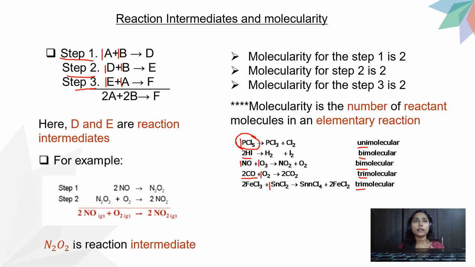Reaction intermediates and molecularity. I again repeat, intermediates are the components which are formed in the first step and are consumed in the second step. Formed in the first step, consumed in the second step. Those are reaction intermediates. When you strike off the reaction intermediates, you sum up the remaining part and write the overall reaction, and then you have the molecularity for each elementary step. You just sum the reactants up and write the molecularity of each elementary step. In words you will write it as uni, bi, or tri. I hope this part is also clear.